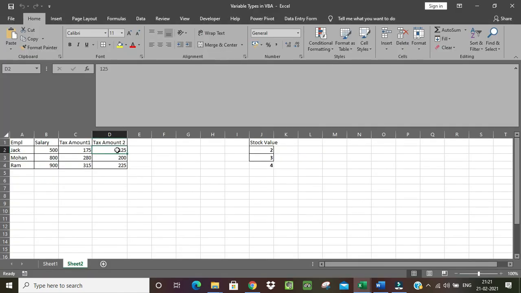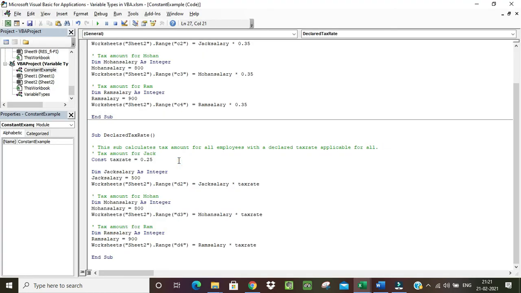See, now the value has changed as per the 25% tax rate. So these are two things that will be very handy for you, and you must know how to declare variables and how to declare constants, and by using their names, you can use them n number of times in your program, and it makes your life a lot easier.